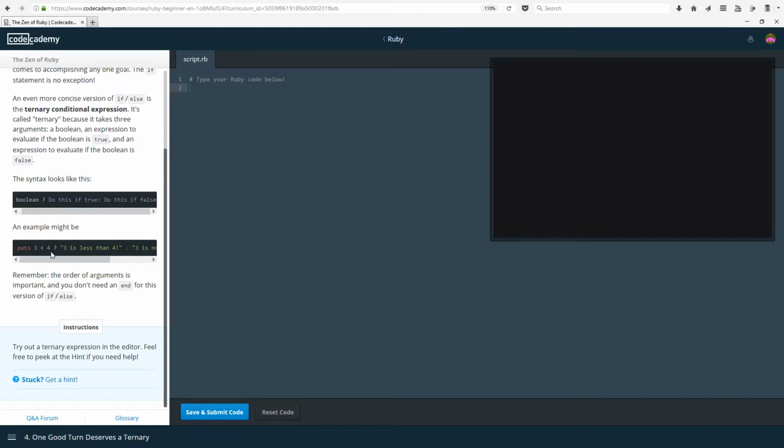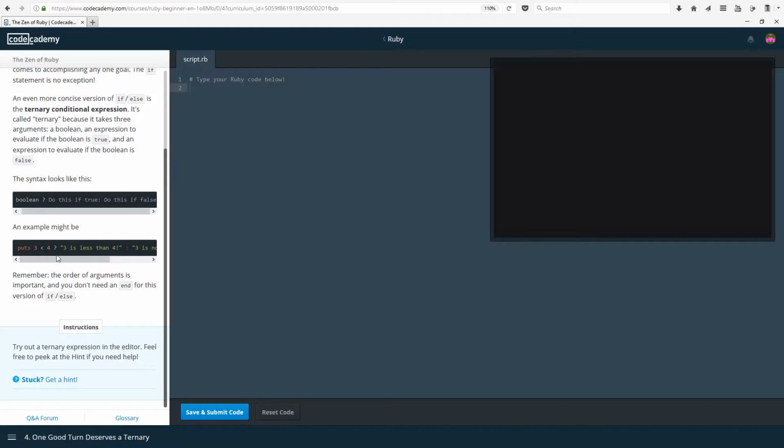An example might be puts 3 less than 4. I don't understand why there's a puts there. Oh no, I do, because it's like having the brackets after the puts. So you have puts, the output of this whole thing, so we are seeing which one of these two is going to be expressed. The boolean is 3 less than 4.